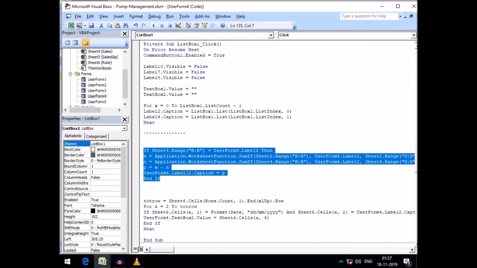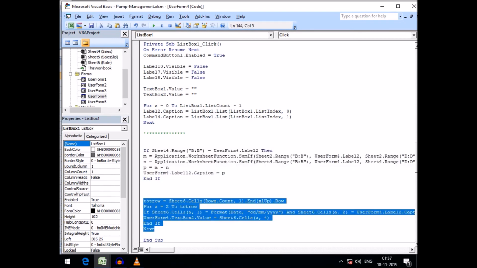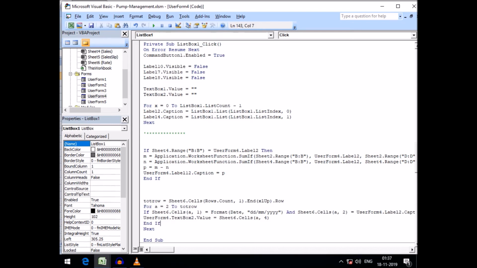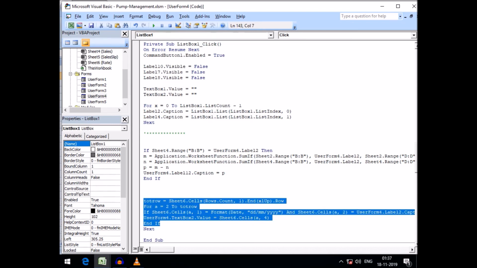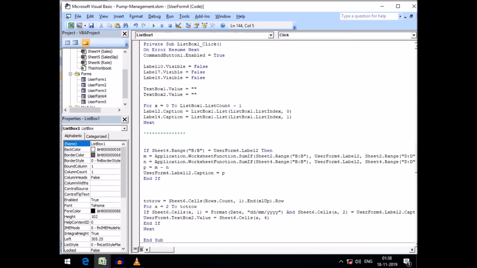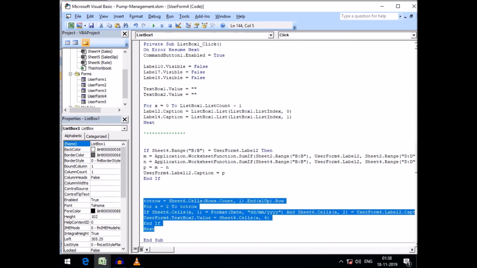At first it will display the total stock, then I want to sell. So therefore the codes for auto entry in our text box 2, the codes to enter the rate automatically into the text box 2, will come here